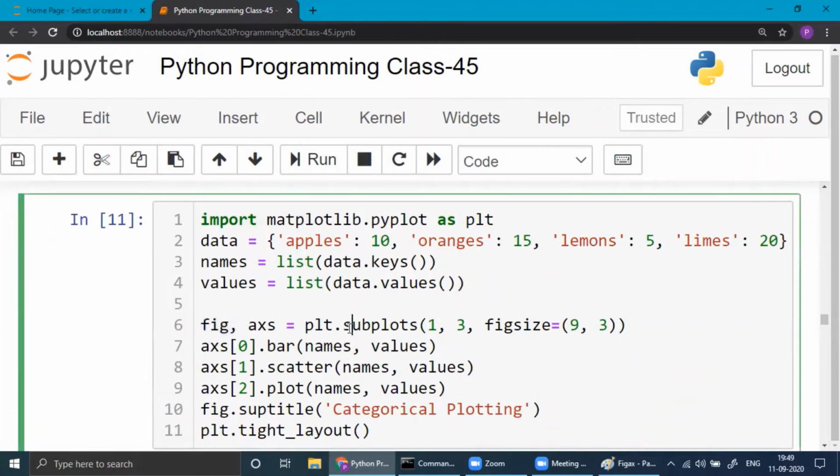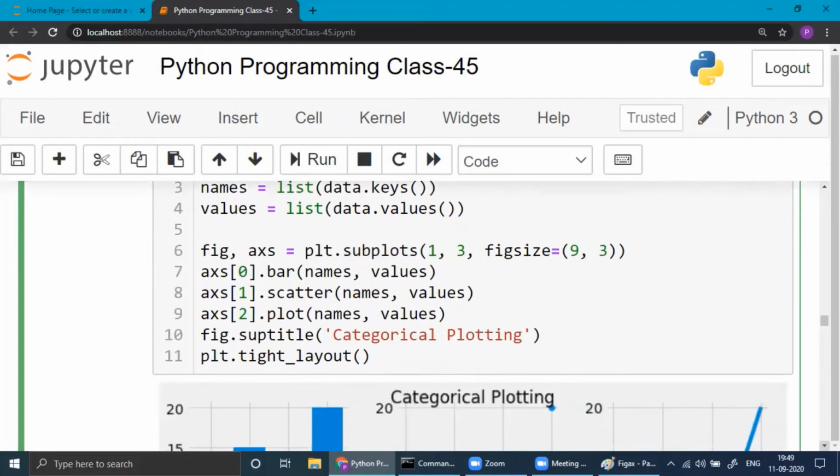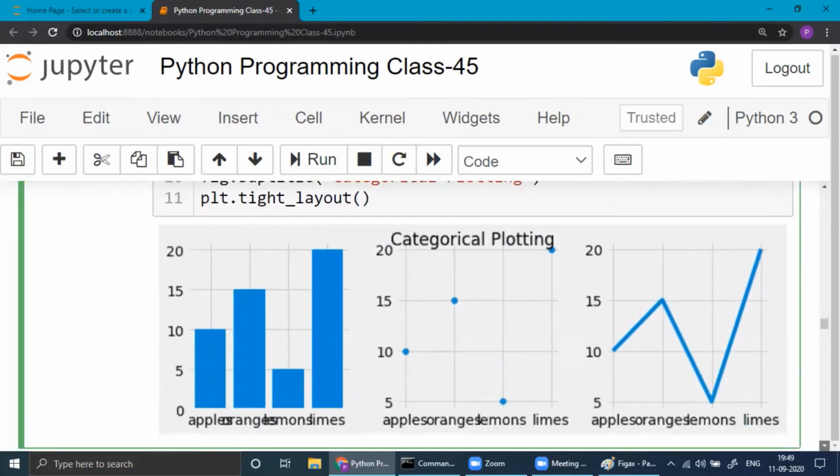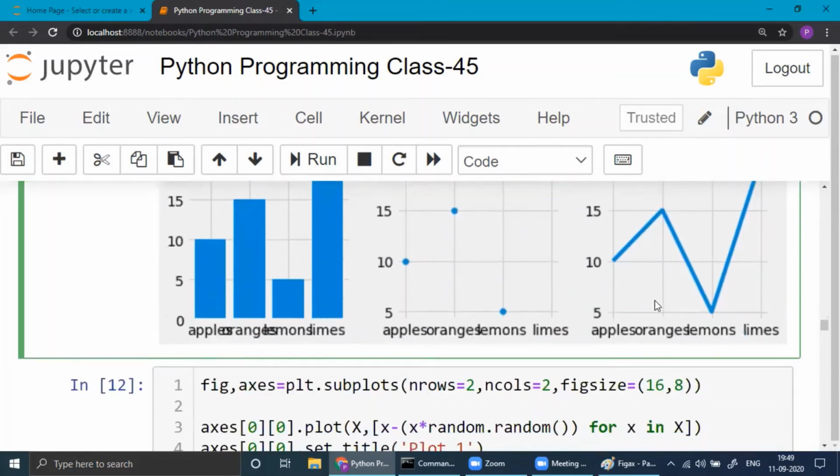Again plt.subplots 1, 3, 1 row 3 column. If you have 1 row 3 column, though we have used this way 0 1, 0 1 2, you can try the other way as well. This is also a dictionary data. And then these are the 3.